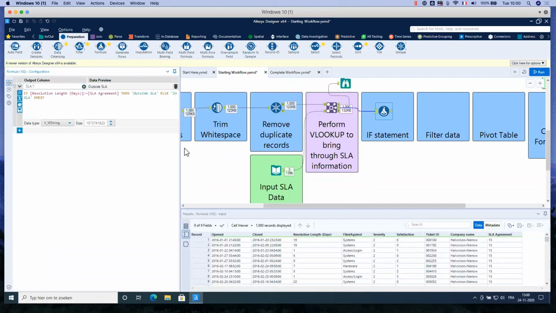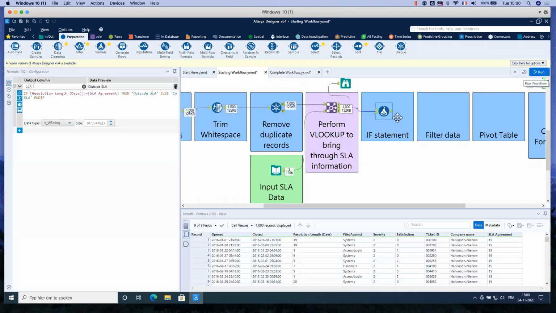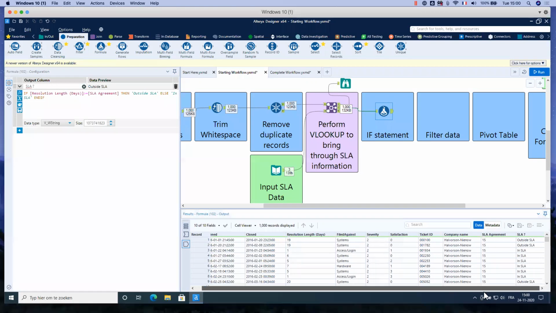Okay, so let's run it. And now when I click here, I see that I have a new column with outside SLA or in SLA. So now, yes, I will just wait 1 minute so that everybody has time to look at that.